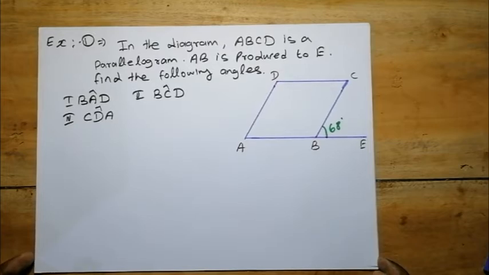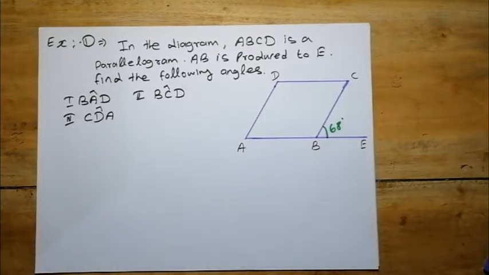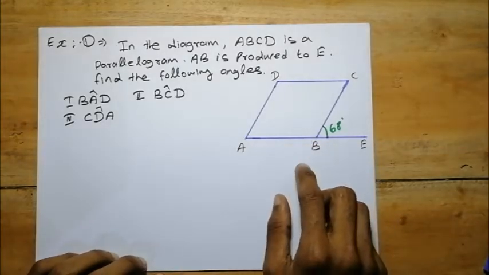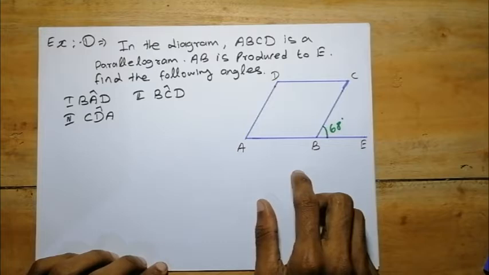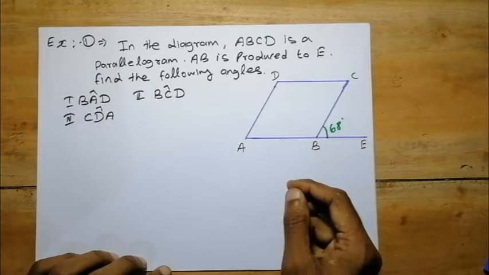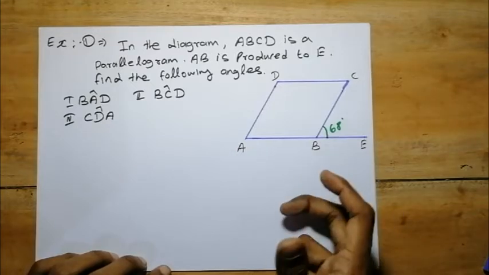Okay students, first example question. Just pause the video and write the question. In the diagram, ABCD is a parallelogram. So we have the data that the given quadrilateral is a parallelogram. So we have five properties, five characteristics. We are not marking all five in the figure. Instead of marking all five, we are marking them one by one, which is more suitable to find the answers. We have five.